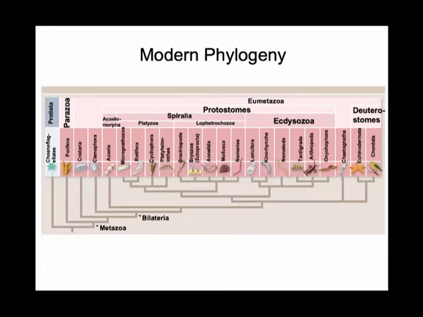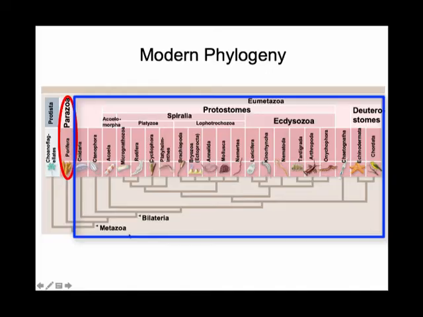Let's take a quick overview of all the diversity of animal groups. We're going to start with the most basal animals, the first ones to diverge from all animal groups, which are the sponges. They belong to the phylum Porifera, and they're a different group called Parazoa, while the rest of the animals are in this group that is Metazoa.